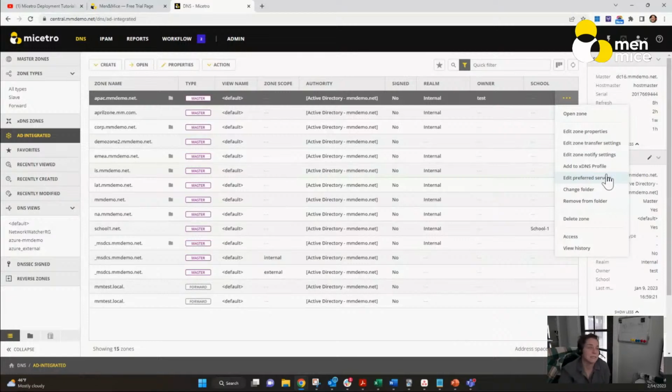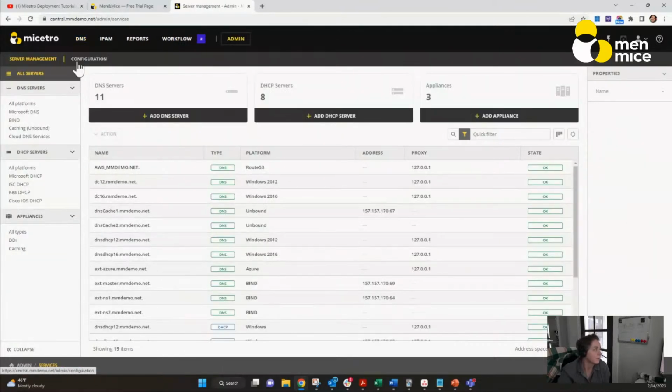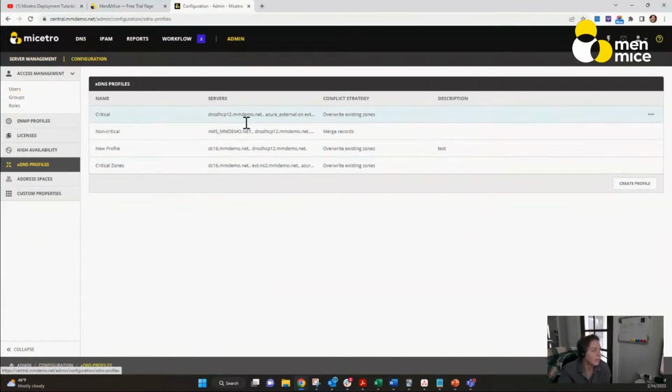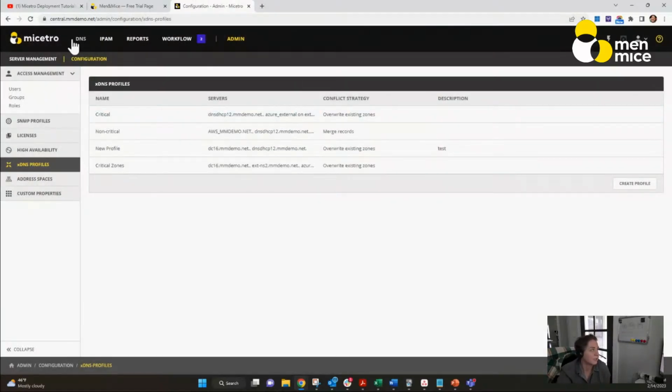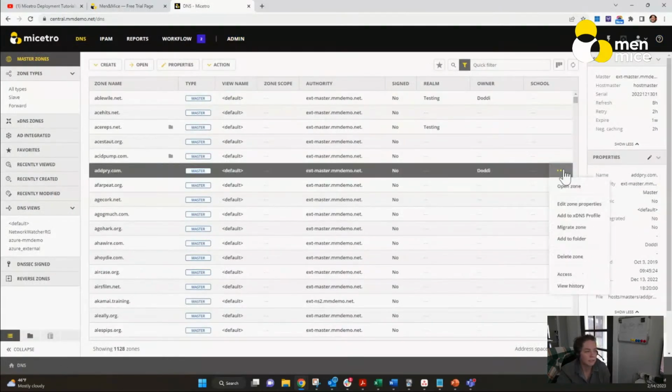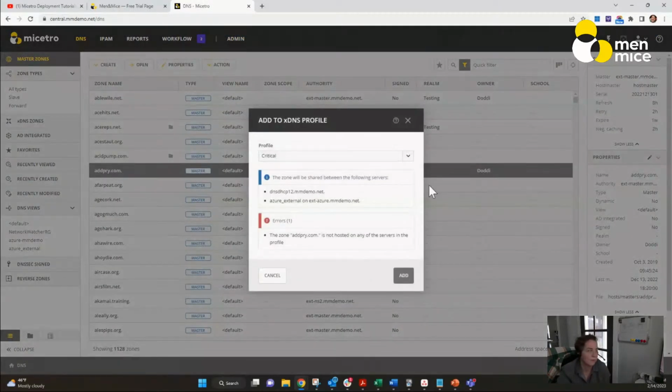you can actually create an XDNS profile over here in admin configuration, and then once you've created this profile, which is very easy, you just give it a name, description, tell it whether you want it to overwrite or merge records if it needs to, and then add in your DNS services, right? Which ones you want to use? Maybe again, it is a Microsoft service as well as Azure DNS, or maybe it's Microsoft on-prem and AWS or some other externally managed DNS service, and then you can easily add these zones to an XDNS profile